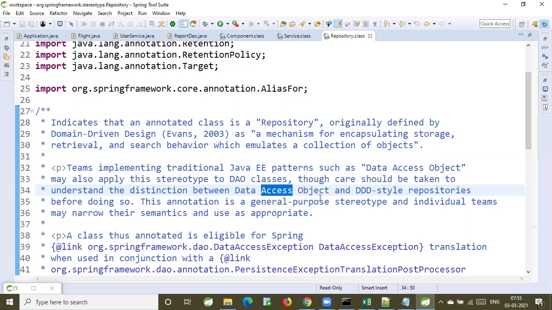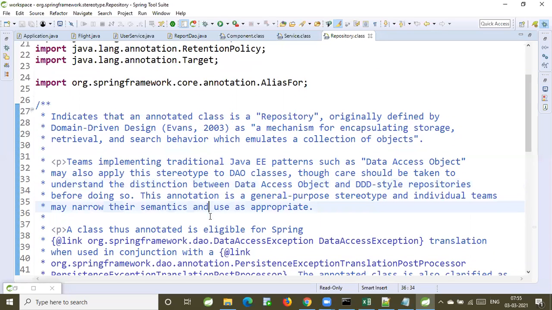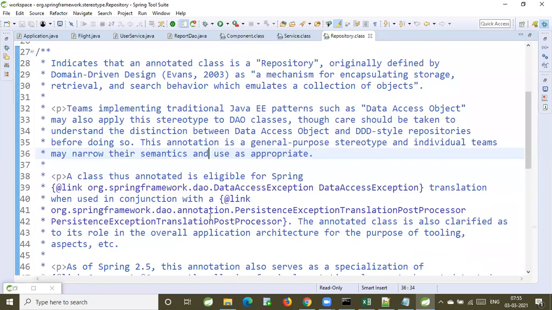This annotation is a general purpose stereotype. Individual teams may narrow their semantics and use it appropriately. Whenever we are writing persistence logic in DAO classes, to represent those DAO classes as Spring Beans, we are going to use the annotation called @Repository.